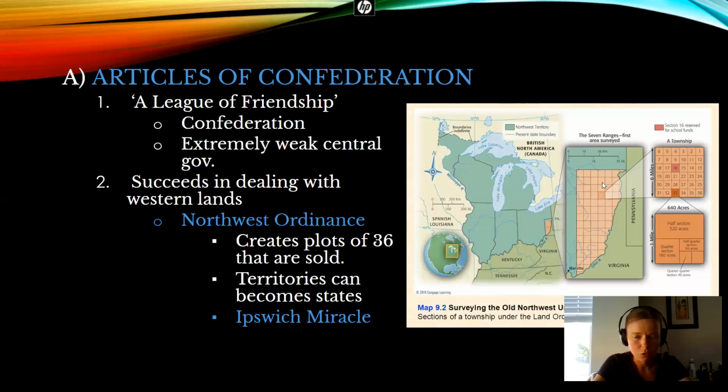Each plot, each square is a square mile. And you could see the 36 plots, that equals 6 miles by 6 miles, so that's 36. And it's divided up to where basically each of these plots can be sold privately, and that will create a city. And all of the places, like the tan ones,